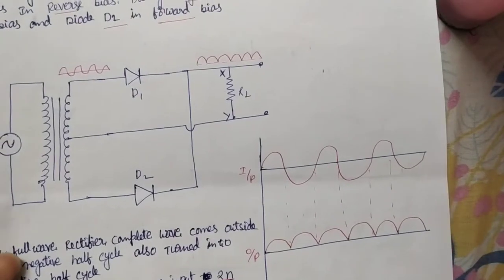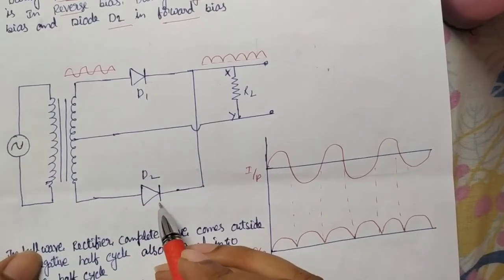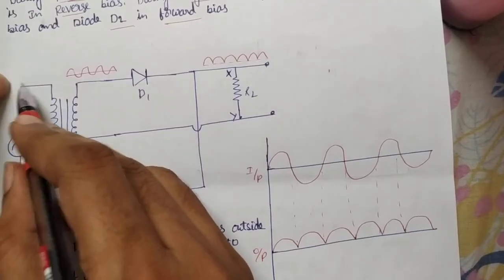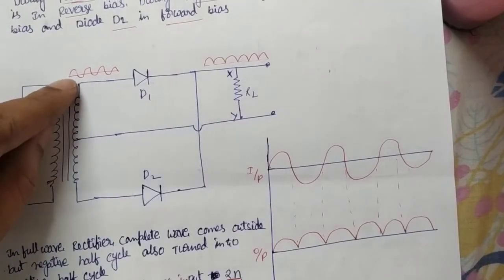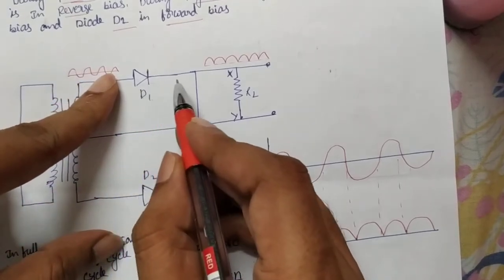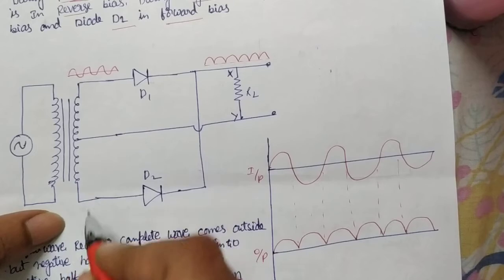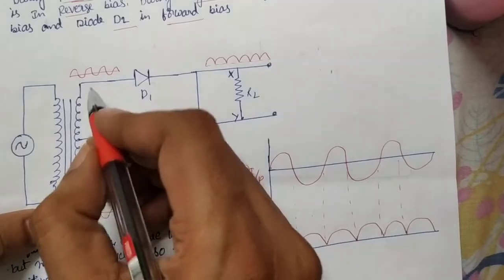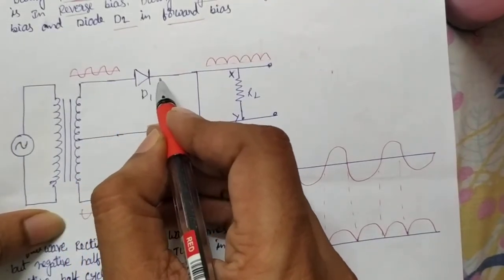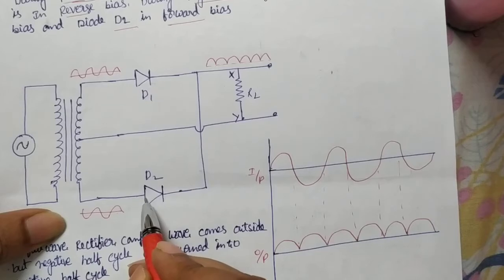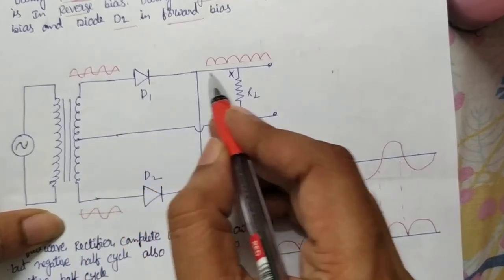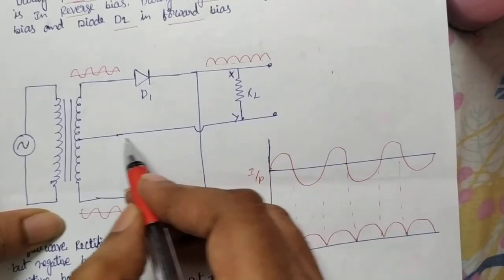A full wave rectifier contains 2 diodes and a transformer. The transformer converts a high AC voltage to a low AC voltage. After that, whenever you get a positive half loop here, this diode becomes forward biased. Here you get a negative half loop. Why? Because it behaves exactly in reverse. Positive half loop here means negative half loop there. Here positive is connected to the P type, but here negative is connected to the P type. So this becomes reverse biased, and this becomes forward biased. That's why the current goes like this and through the resistance goes to ground.